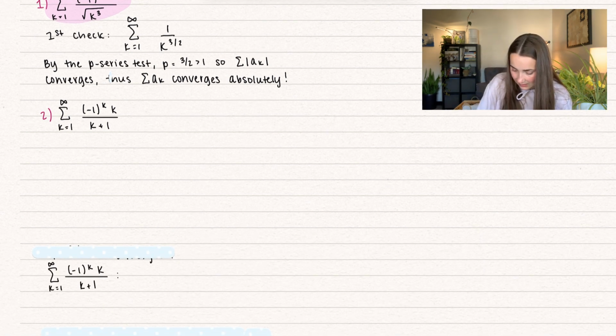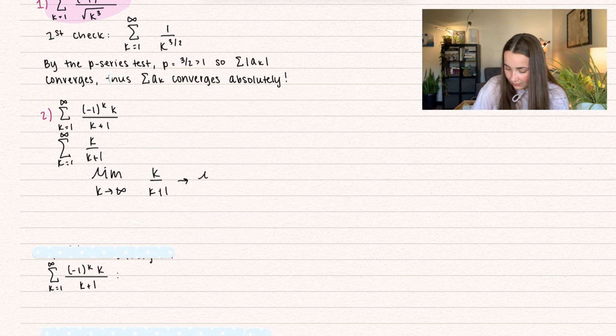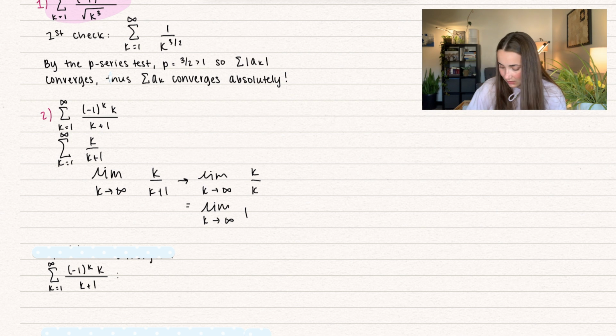So of course, we're going to go ahead and take the absolute value first. k equals 1 to infinity of k over k plus 1. If you don't immediately see a series, like it's not geometric, it's not a p-series, something like that, what you can try first is the divergence test. So we're going to take the limit as k approaches infinity of k over k plus 1. Because this is a limit at infinity, we can just take the highest power of the numerator and the highest power of the denominator. This is just the limit as k approaches infinity of 1. Limit of a constant is just equal to the constant, and this is 1. By the divergence test, since this is not equal to 0,